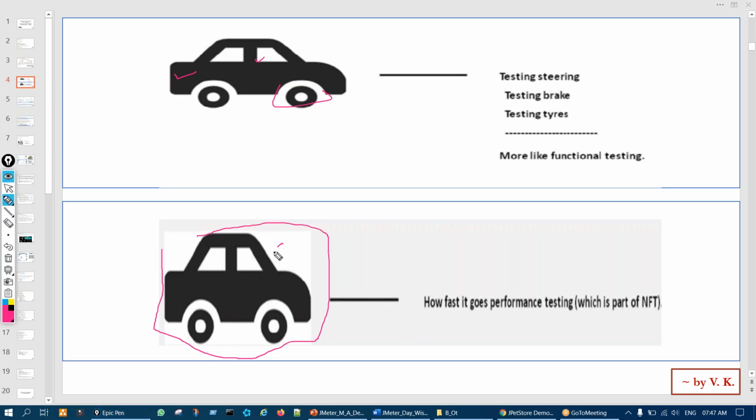If 8 people are sitting, how is the performance, how is the brake applied when it is at high speed, is it giving any throttling or what, right? If luggage is there, how is it behaving, how much speed does it reach in 1 minute, how fast is it picking up the speed, right? Like these things.